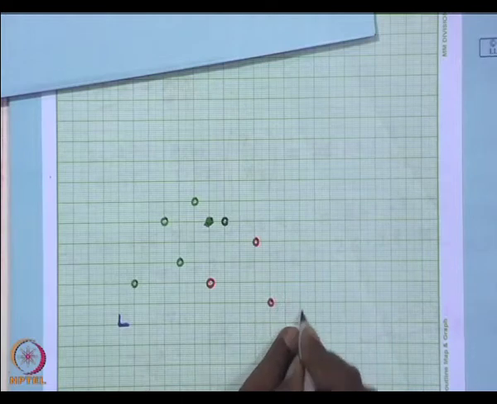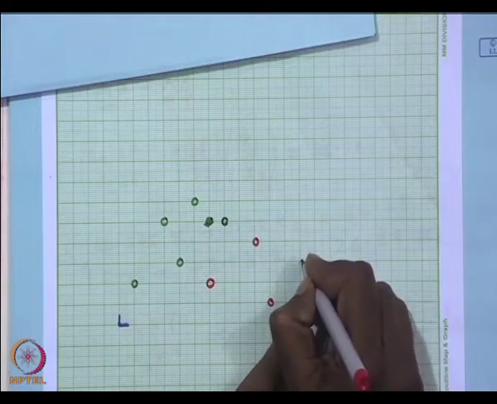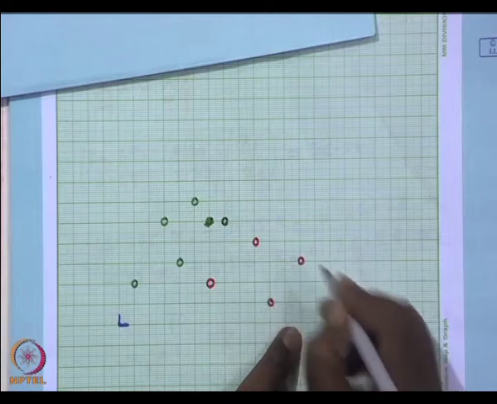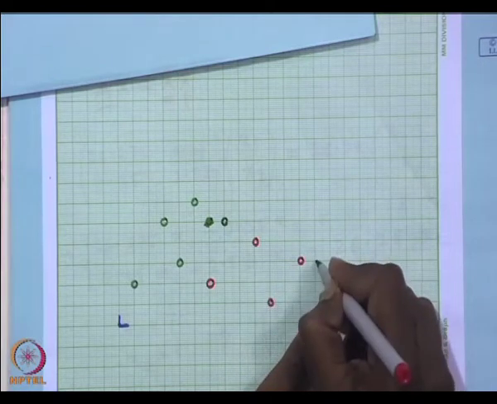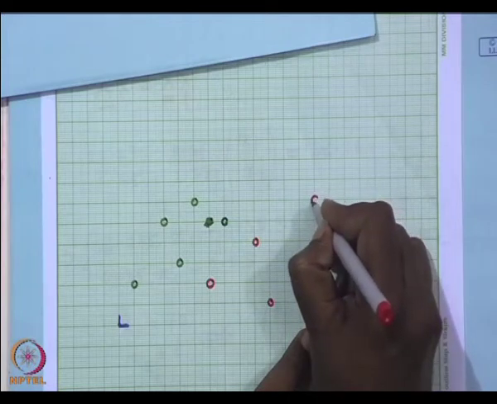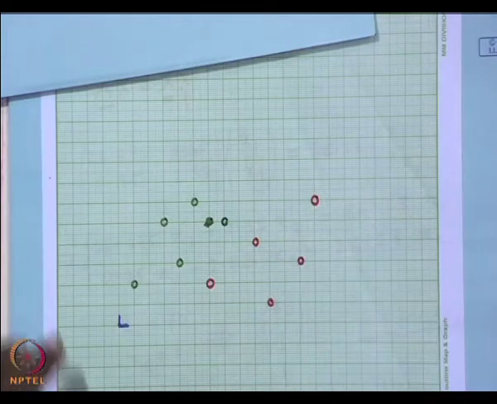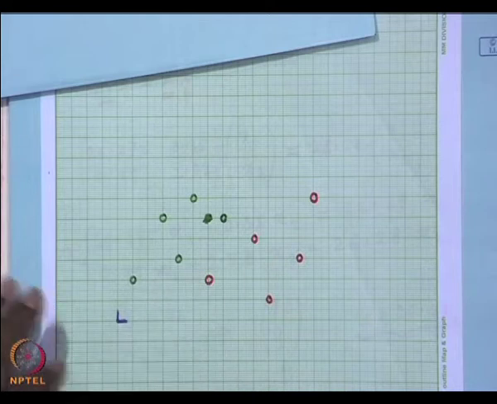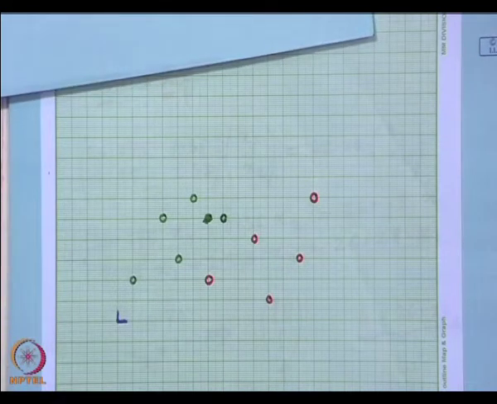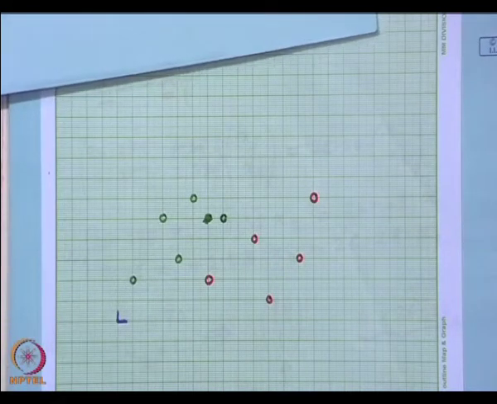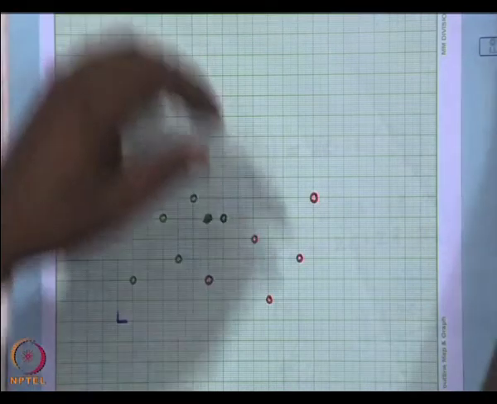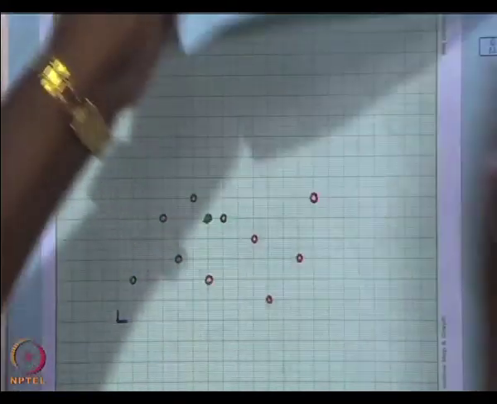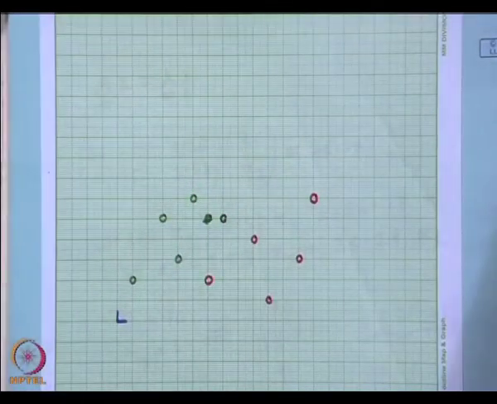Then we have 12 3, this is another feature vector belonging to class omega 2, and then we have 13 6, 3 3 6, this is another feature vector belonging to class omega 2. Okay. So, these are the feature vectors belonging to 2 different classes, and we have computed that our eigenvector is